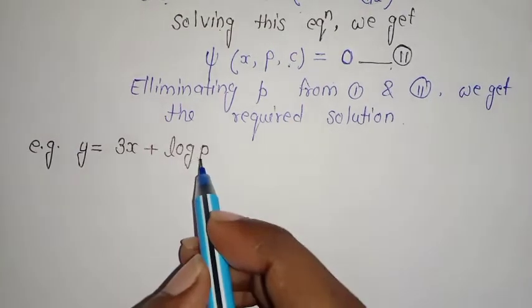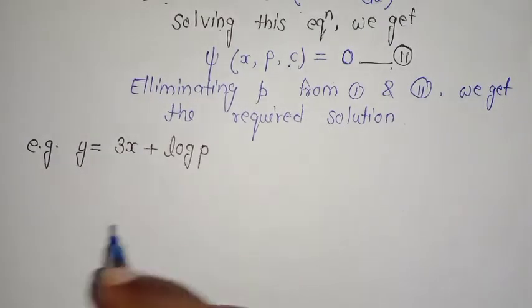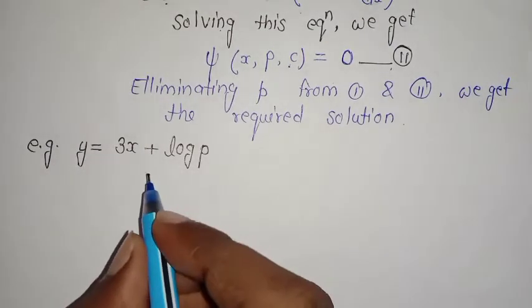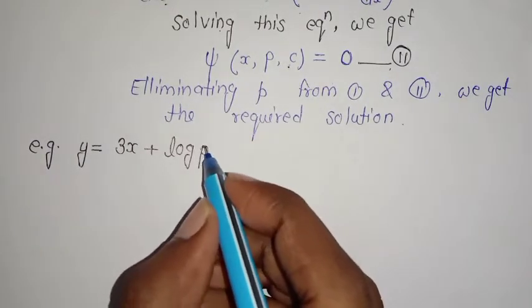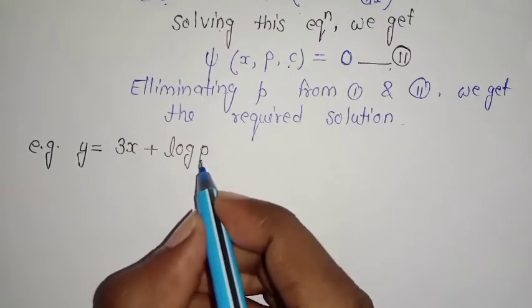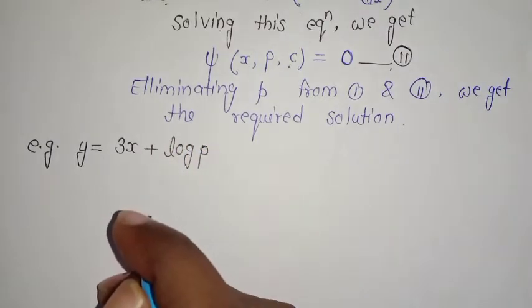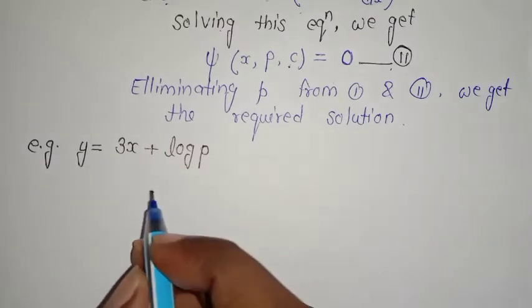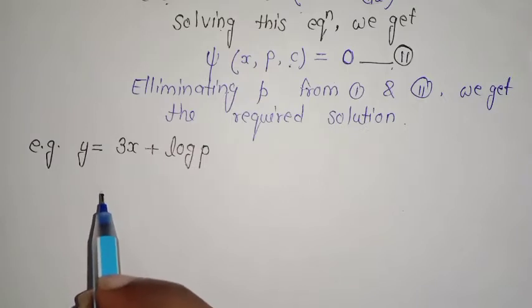And yes, you can see this is the linear differential equation of first order, and yes, it is present in first degree also. But after seeing the form, you can see here p, that is the derivative of y with respect to x, is present with log. That cannot be solved by the previous methods that I told you in previous videos. So we will apply our today's method, that is solvable for y.